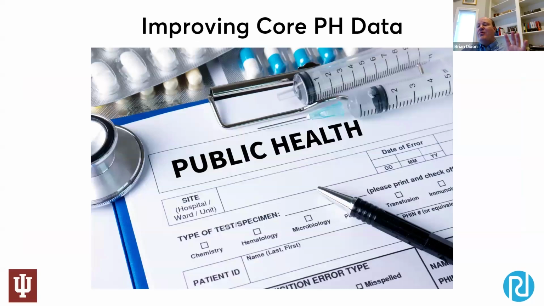So first, let's talk about improving core public health data. This concept really gets at the fact that we know there's a lot of data that health information systems, other information systems that might be used at a Ministry of Health are collecting all the time. How can we improve not only the collection of those data, but also improve the quality of that information?